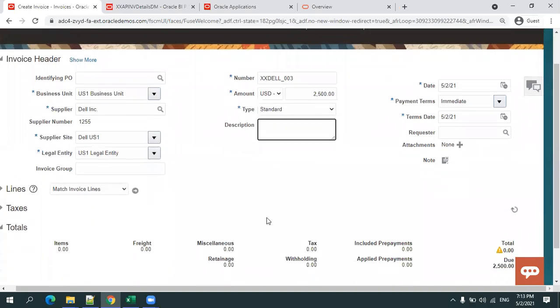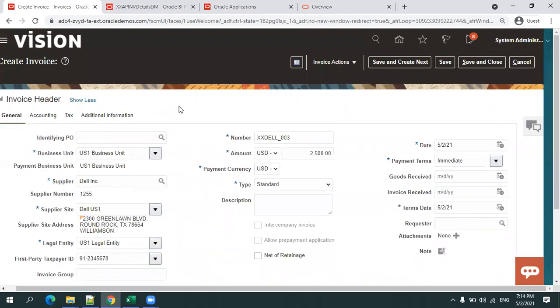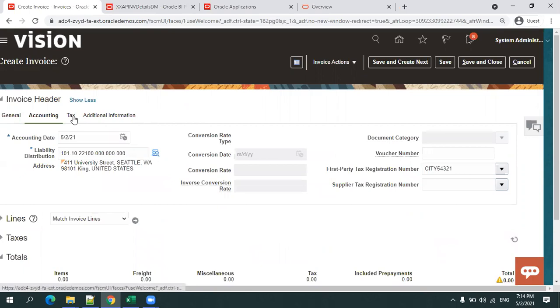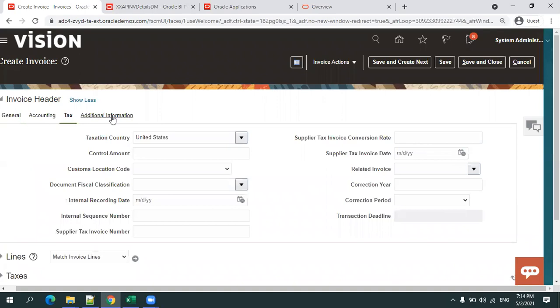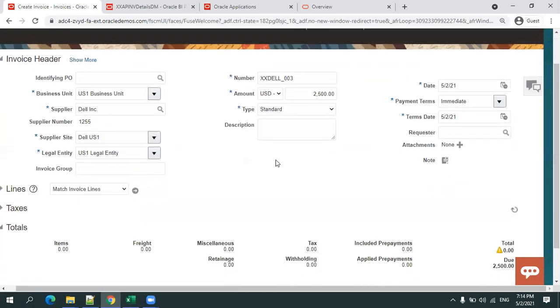Now, this is the header information. We can also click on Show More to see the extra additional details which are generally pre-populated and that we may not be entering. But there are some things which are pre-populated, and they provide some more extra information for you. Just see here, accounting was auto-populated based on the user and the legal entity information, and then the tax, the taxation details. Now I'll click on Show Less. We don't require the other information as of now.